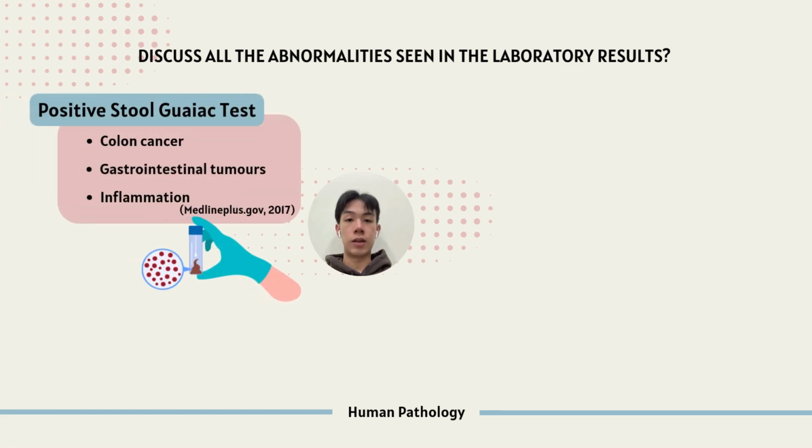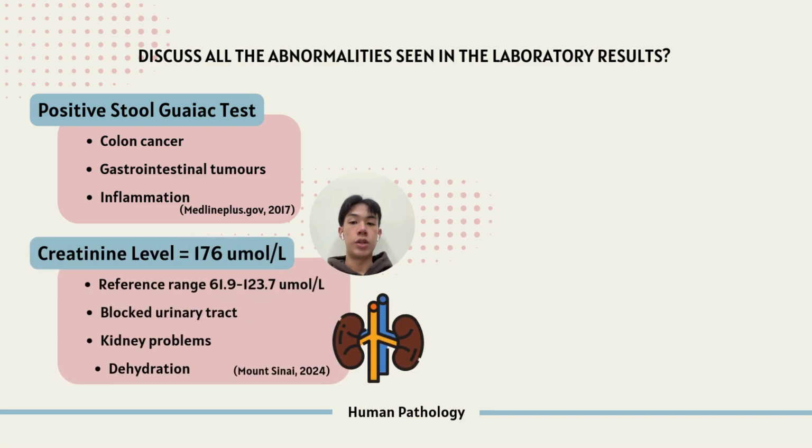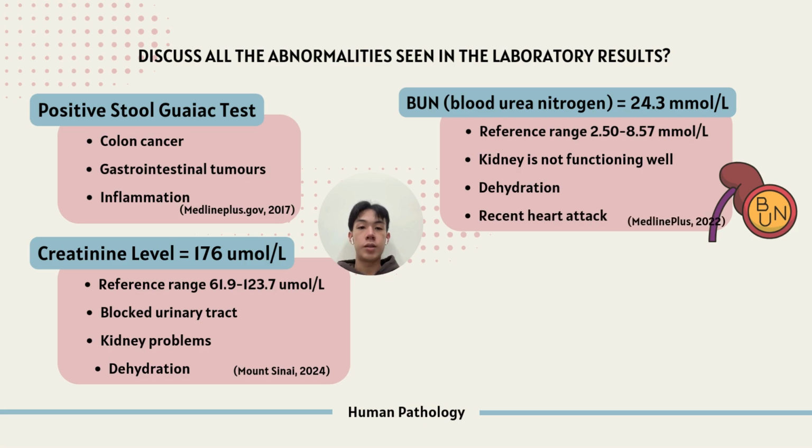Now we are going to talk about the laboratory results and abnormalities. First one will be positive stool guaiac test, which may be a sign of colon cancer, gastrointestinal tumors, and also inflammation. Following by high creatinine level, which indicates blocked urinary tract, kidney problems, and also dehydration. The BUN level is also very high, which may be a sign of kidney dysfunction, dehydration, and also suffering from